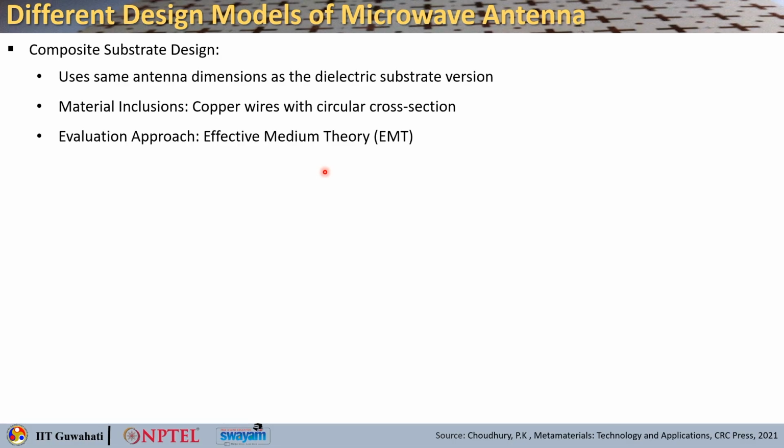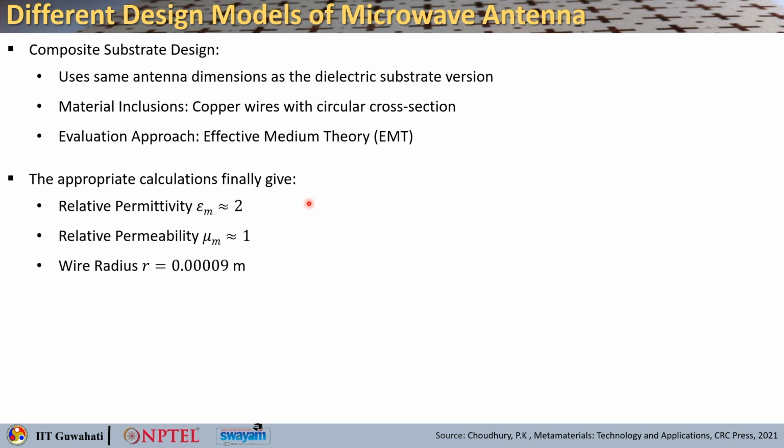So, this is due to the idea of tuning the effective frequency dependent relative permittivity and relative permeability of these artificial materials by individually adjusting the dimensions of the electric and magnetic resonance inclusions made in the unit cell. So, this is why the values of epsilon m, mu m and r can be evaluated using the effective medium theory. If you use that, you can calculate the relative permittivity to be equal to 2, relative permeability will be close to 1, and you can obtain the wire radius to be